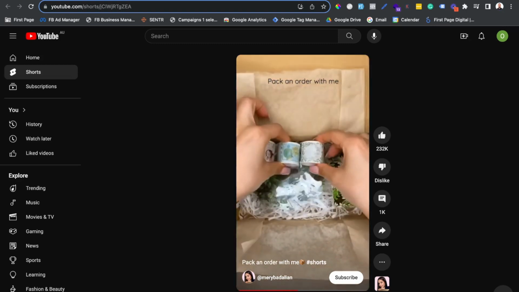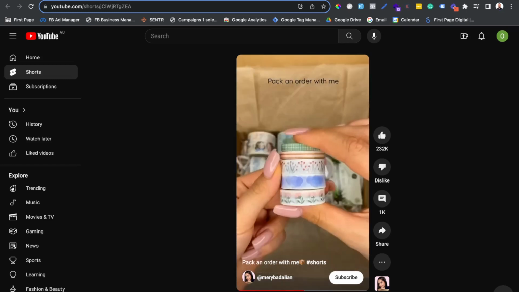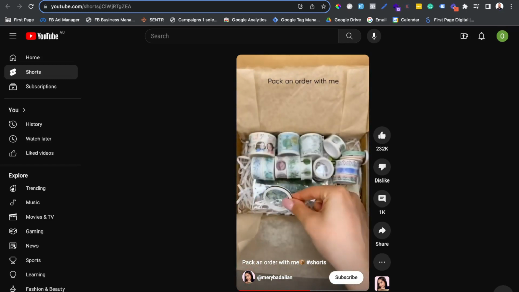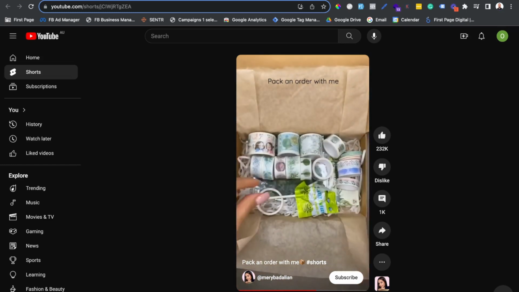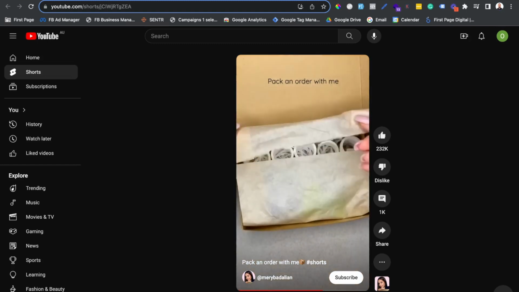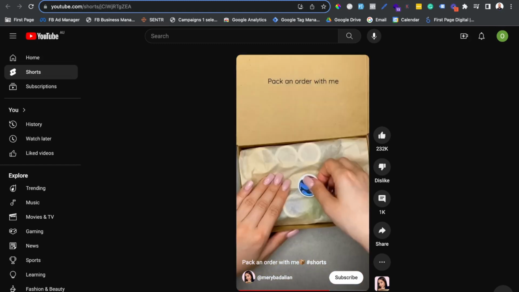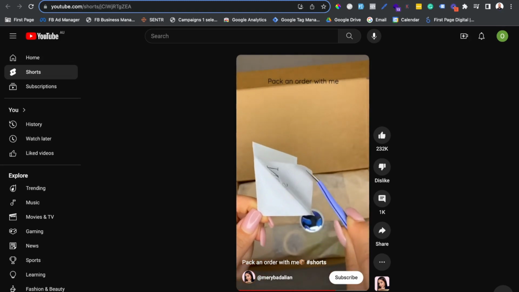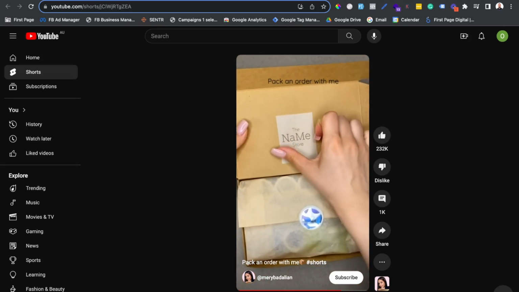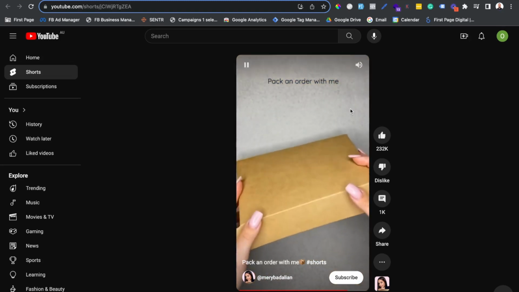There's no high production value in it, just a simple iPhone camera. If you ask the business owner to do that, I mean, that's a win, guys. And I guarantee you, a lot of people are going to watch till the end. It helps if the packaging is quality like this as well.